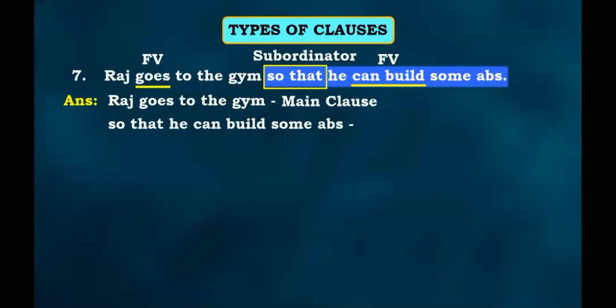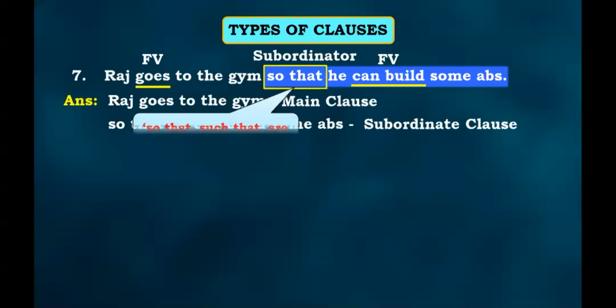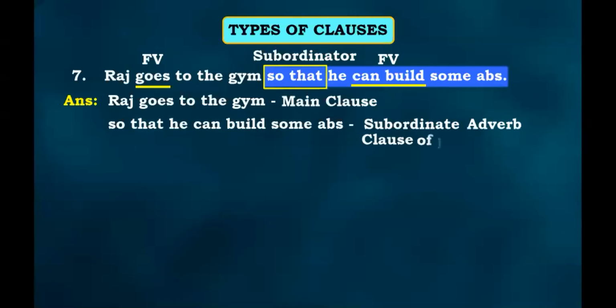अच्छा, what was the purpose behind which Raj wanted to go to gym? Was there a motive to go to the gym? Yes. So when we talk about an aim, we talk about a goal, we talk about purpose, it is very easy. It is adverb clause of purpose. Okay. Subordinate adverb clause of purpose. So whenever your subordinators look like, so that, such that, and they're together in the sentence, we have our subordinate adverb clause of purpose.